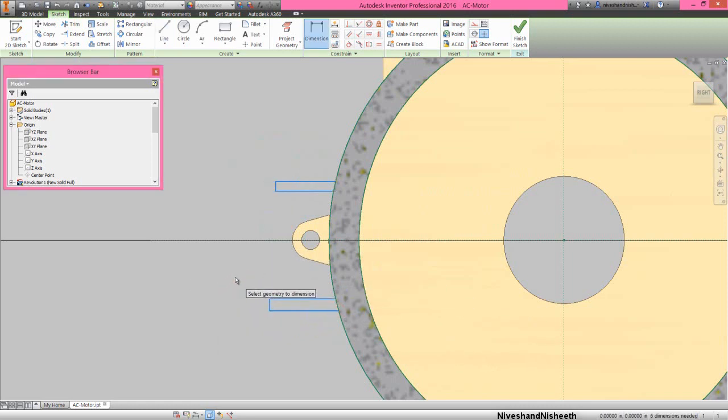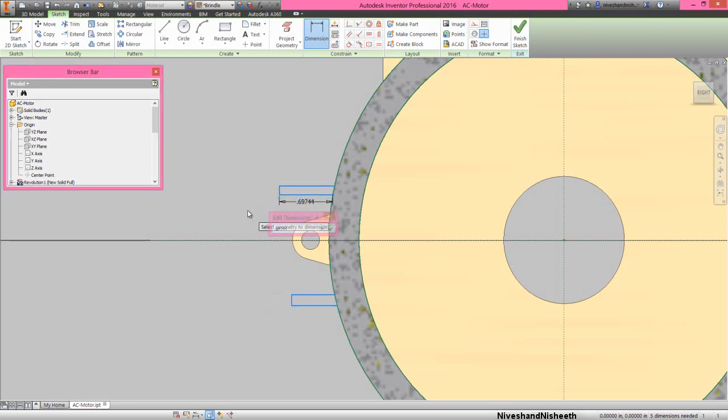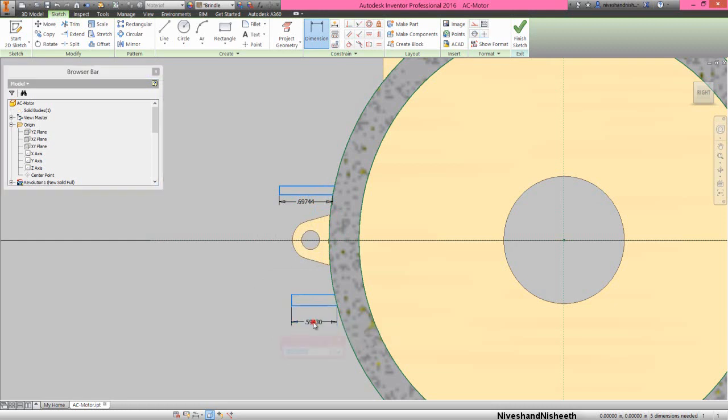Now apply the dimensions on here. The dimension will keep 0.6974 inches and apply another dimension, it will keep 0.708 inches.